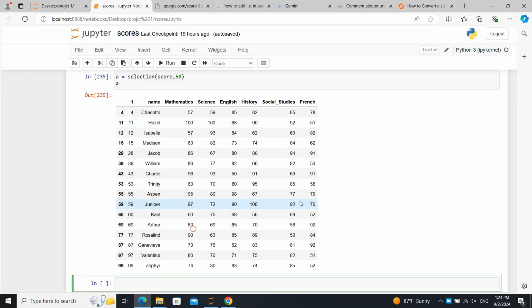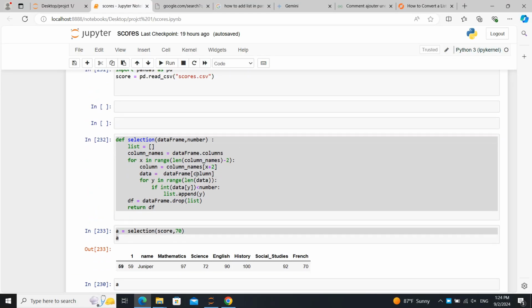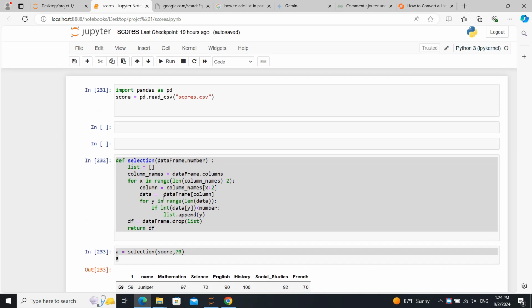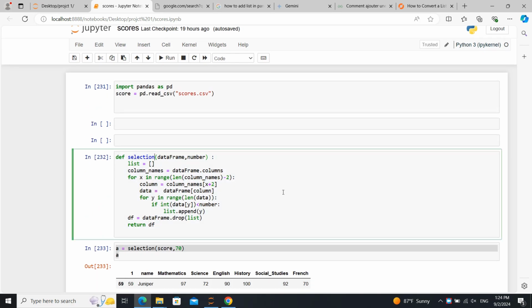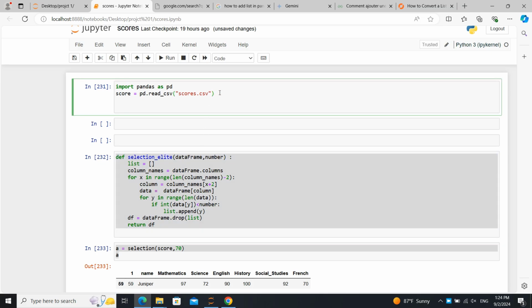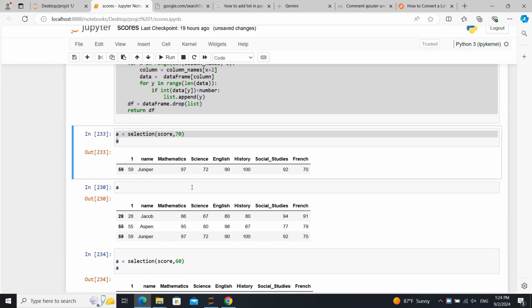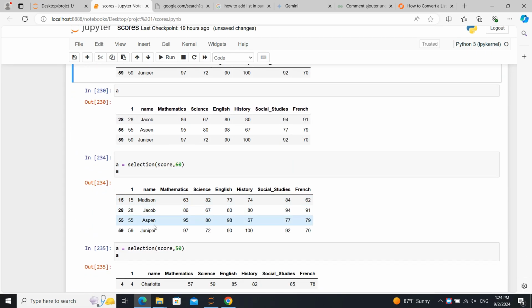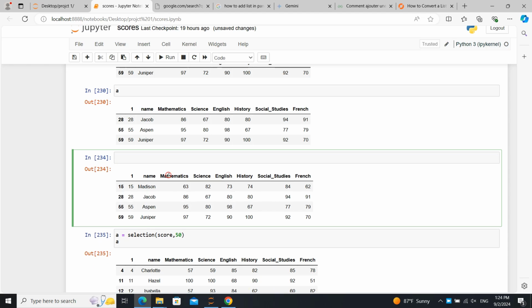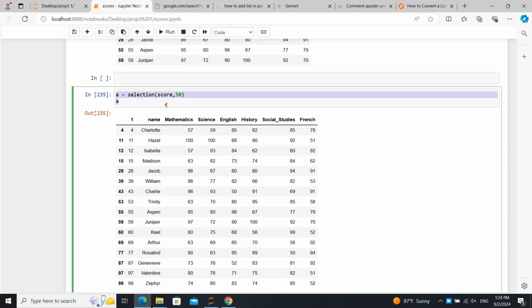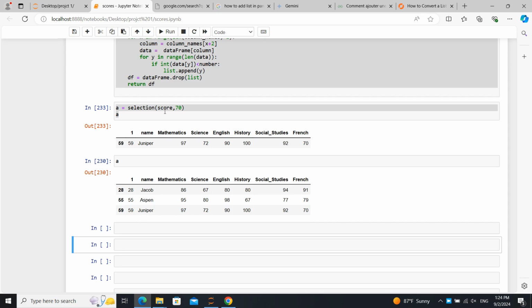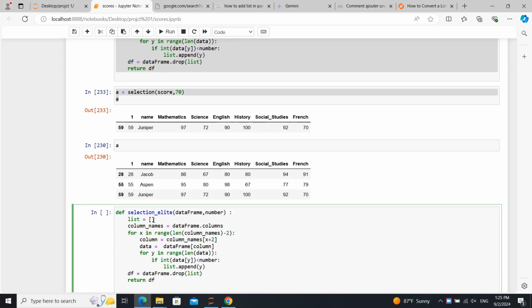Okay guys, in the last lesson we ended this problem completely, but what I want you to do, let's see, select the elite, this line of code, and save it like this. And this is the three elite of the class. We put them in a line, don't need this and this. And now let's create a code selection of